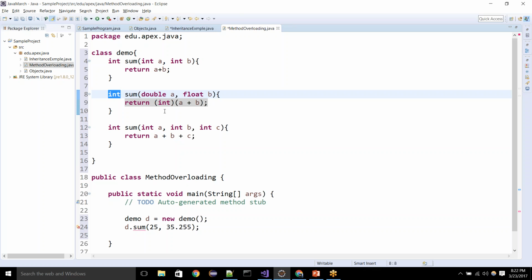So this is nothing but method overloading, which allows you to have multiple methods with the same name, but either the number of arguments or the data type of the argument should be different in some way. Those shouldn't be identical. Shouldn't be like int A and B and C and D. This is a conflict because you'll have two methods with two parameters of the same data type. That's just not acceptable. At least one of the things should be different. Either the number of parameters should be different, or the data type should be different, or the return type, whatever